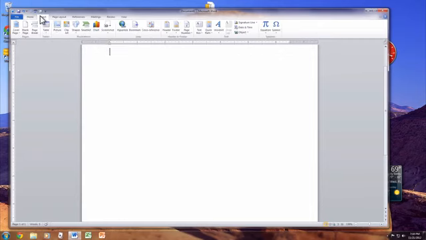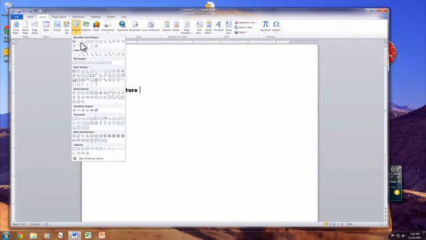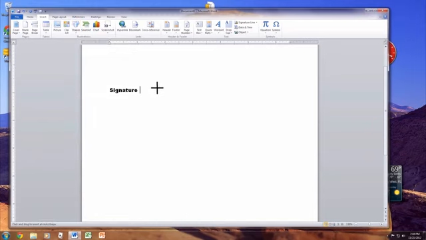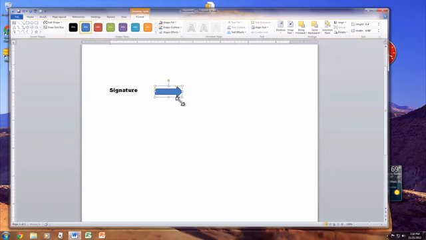We were in Insert. Okay, other things you can do. Sometimes you're working on a document and you're looking for a signature. Okay? And some people want to put a little arrow pointing to the signature spot. The way you do that, very simply, is you can go here under Shapes, and there's a whole bunch of different shapes here, and block arrows is right here, and your cursor is going to turn into a crosshair, and what you do is you just simply click and drag,